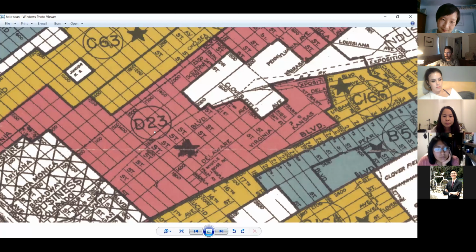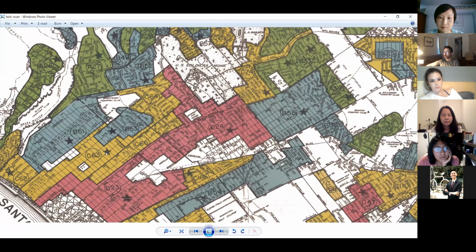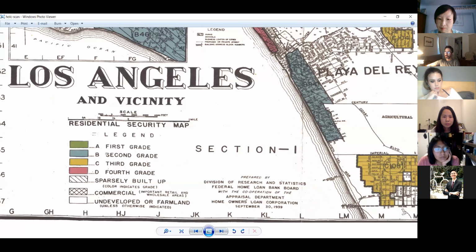So to explain the grading, the first grade was defined as homogeneous, in demand during good times or bad. Grade B was still good, but not what people wanted as much. Grade C, becoming obsolete or expiring restrictions, meaning that back then, homes would often have